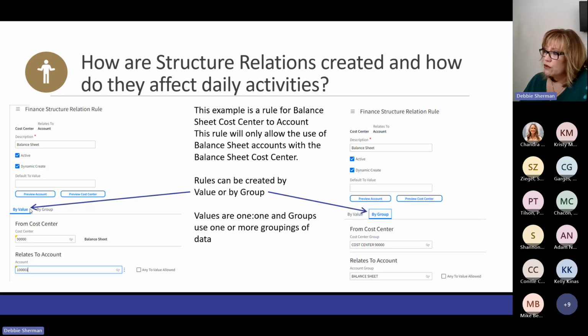So if you do it by value, you must create a rule for every single account that relates to your balance sheet cost center. So that can be useful in some cases, but more than likely what you will be doing is by group over here. And what that does is, again, we're saying the cost center group is 90,000. That's my balance sheet department. And I want to relate that to all balance sheet accounts. So in order to do that,